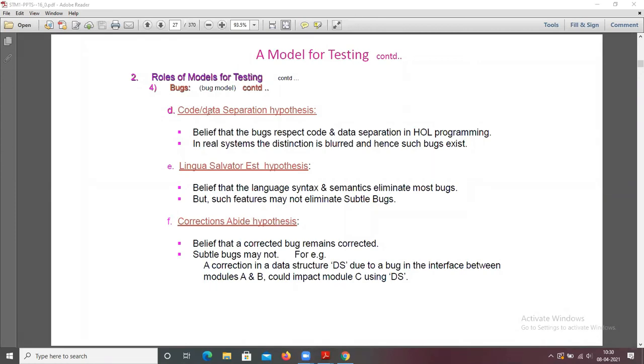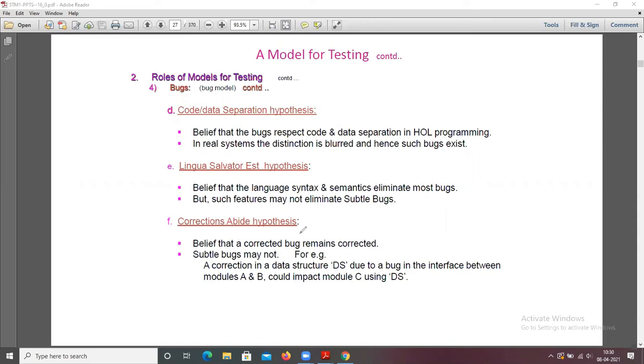Next, the code data separation hypothesis: the belief that bugs respect code and data separation in HOL programming. In real systems, the distinction is blurred and hence such bugs exist. Then the lingua salvator hypothesis: the belief that language syntax and semantics eliminate most bugs, but such features may not eliminate subtle bugs.